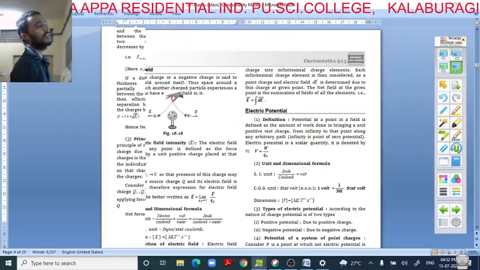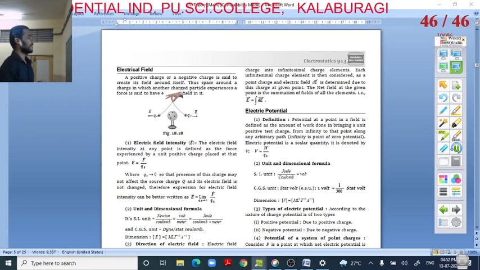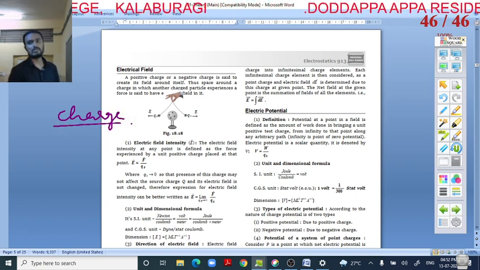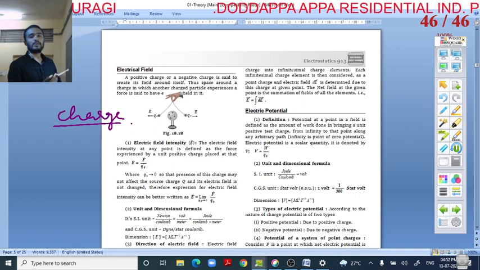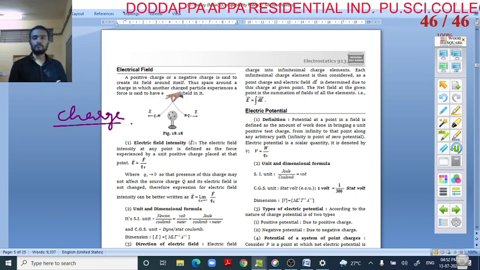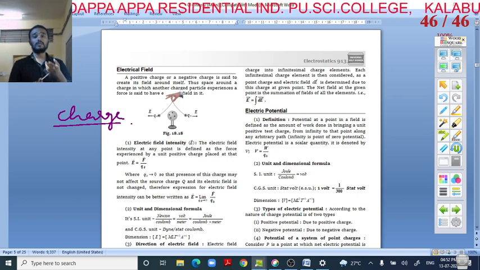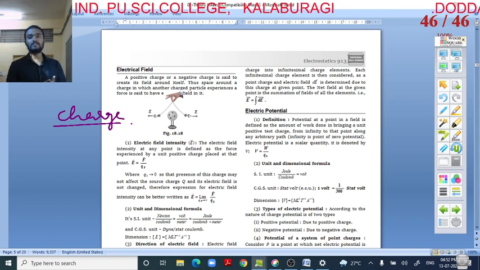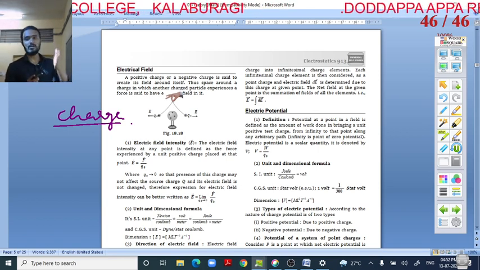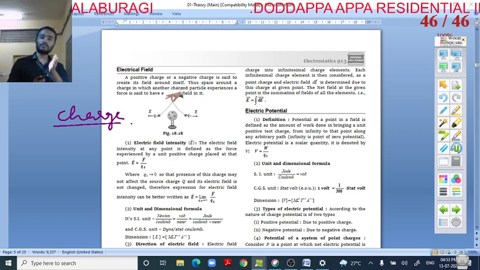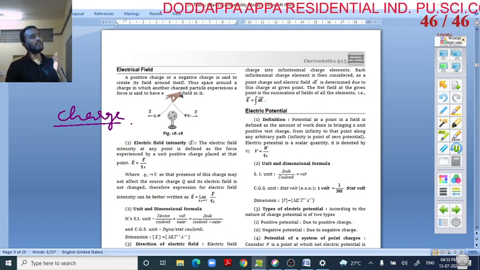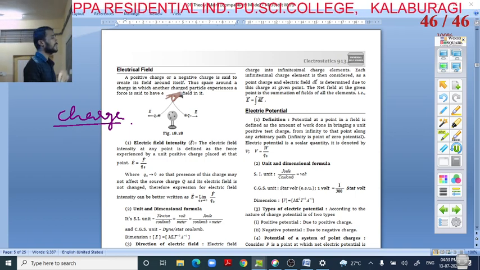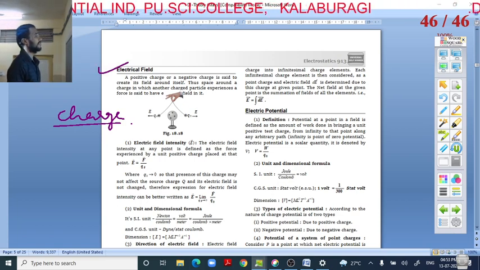Next. That is all about electric charge, which we have done. It is a property of matter which experiences force. If it is experiencing force, then what is the force of attraction or repulsion between two point charges? How can we find the force between two point charges? We have done all that. The force between two point charges is given by Coulomb's law, and we have already done that. That is regarding electric charge. Now, the concept of electric field.